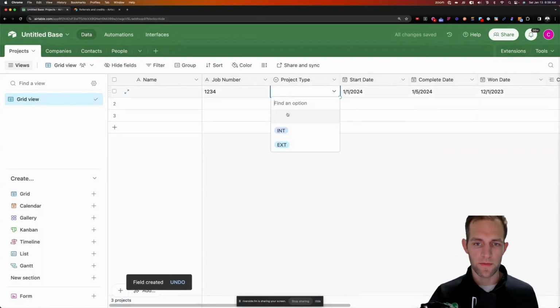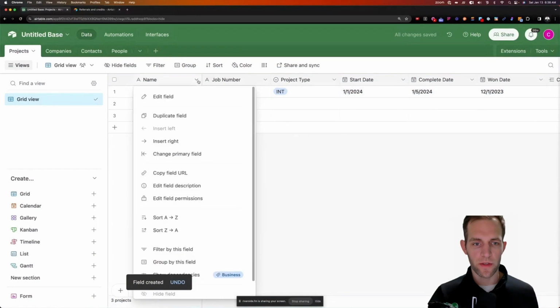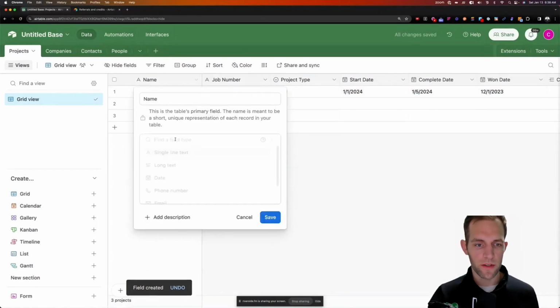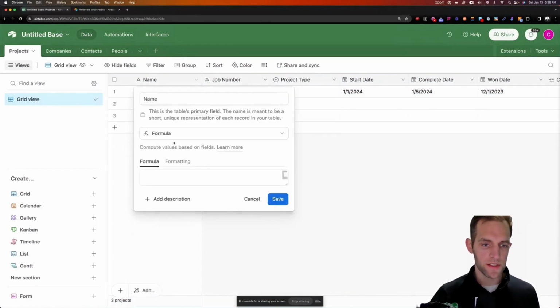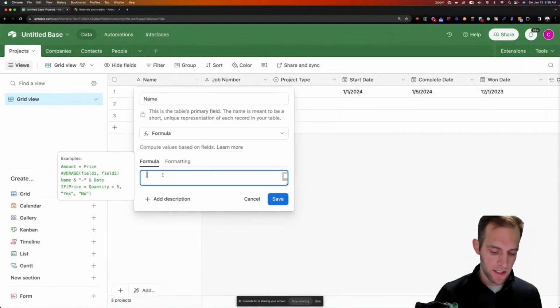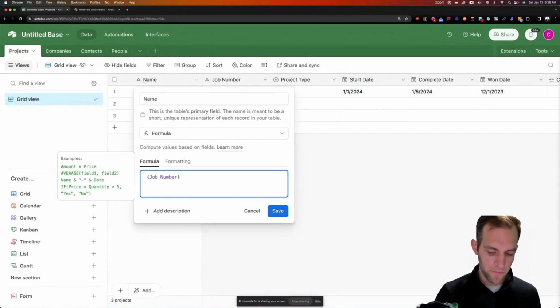And so this first project is going to be an interior. Then what I recommend doing here for the name is, again, using that formula field to change this so that the name of the project is going to be job number. And then we're going to do the ampersand with the quotes, job number, and then we'll do the customer name. So customer name, and then do another ampersand, quotes with a space, and